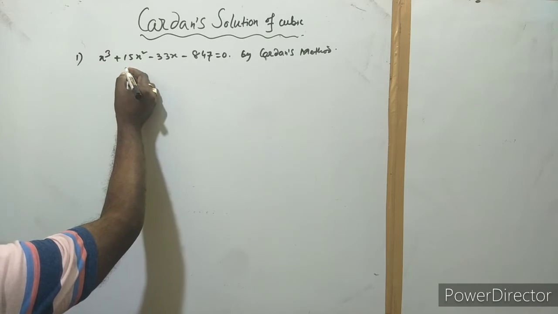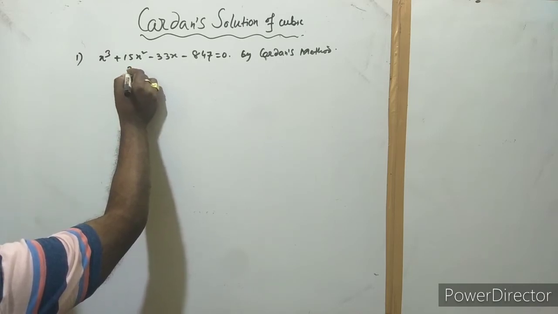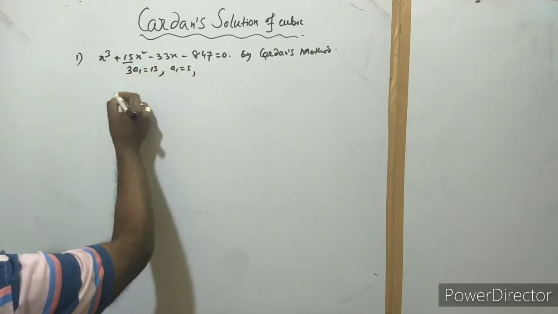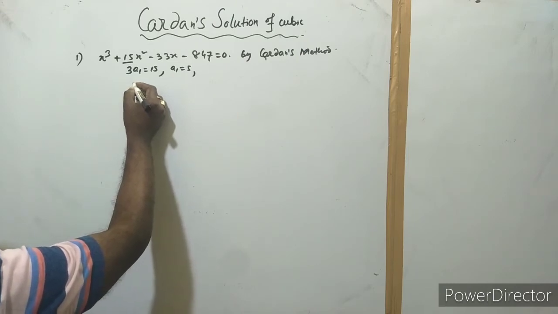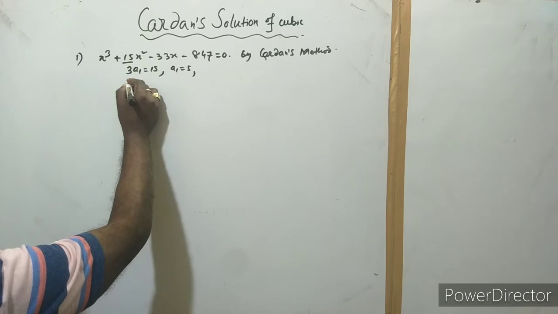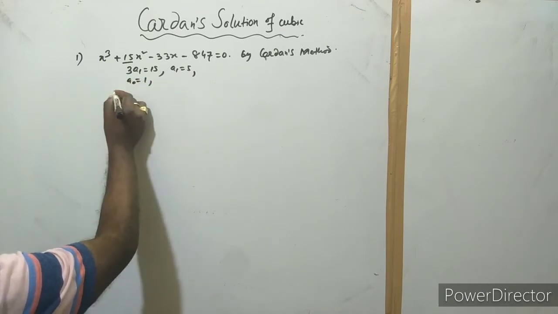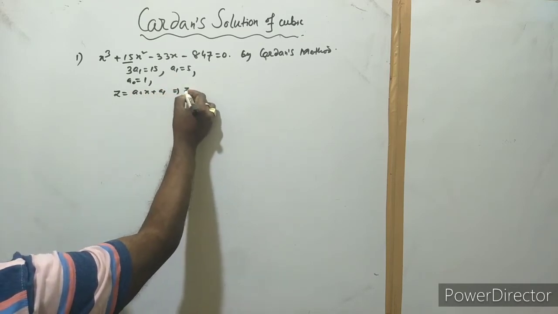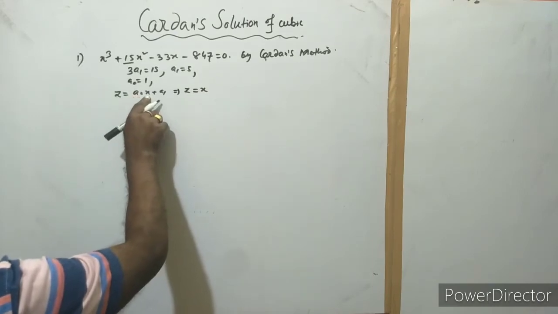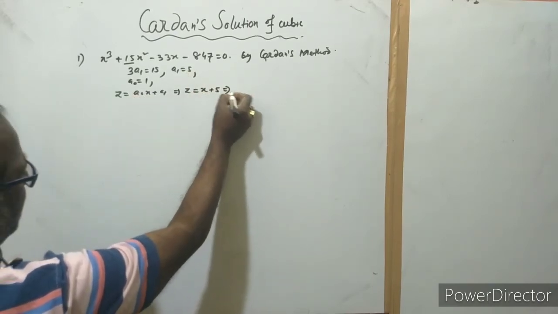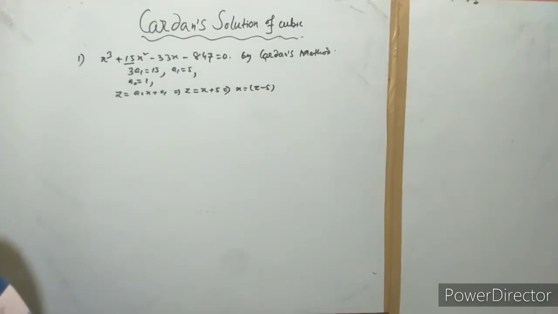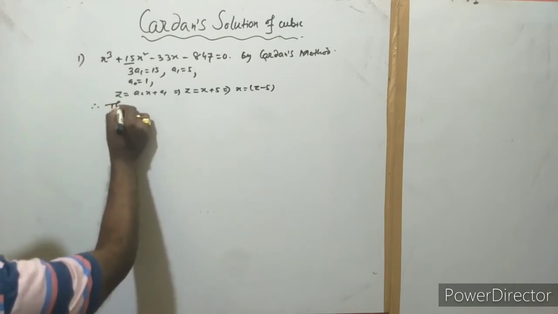We have to put 3a1 equal to 15, so a1 is equal to 5, and a0 is equal to 1 here. So z equals a0 x plus a1, that is z equals x plus 5. So x is equal to z minus 5. Then the standard cubic form is,